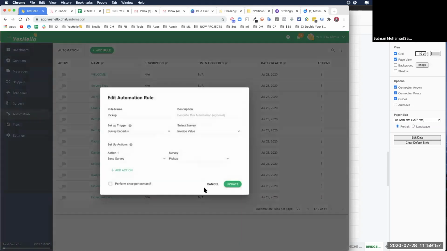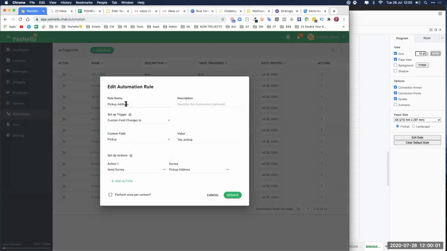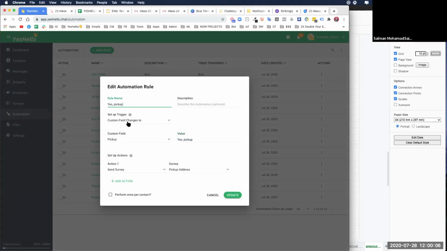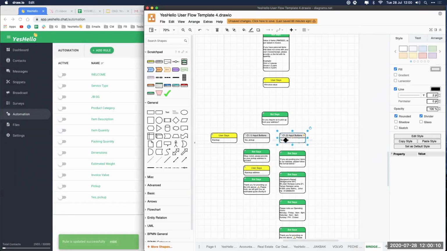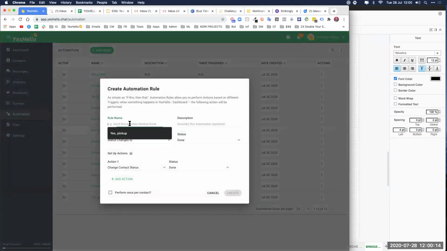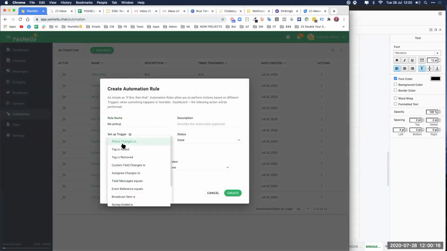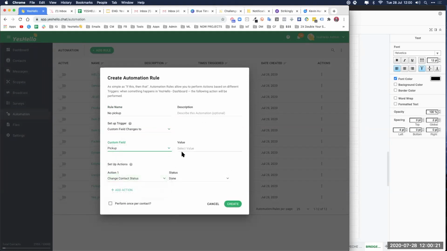Edit. So let's name this yes pickup so that we know. So if no pickup, let's create one here, no pickup. Add a rule for automation. Automation is no pickup. So if custom field changes, so this pickup is equal to no pickup, then we want to